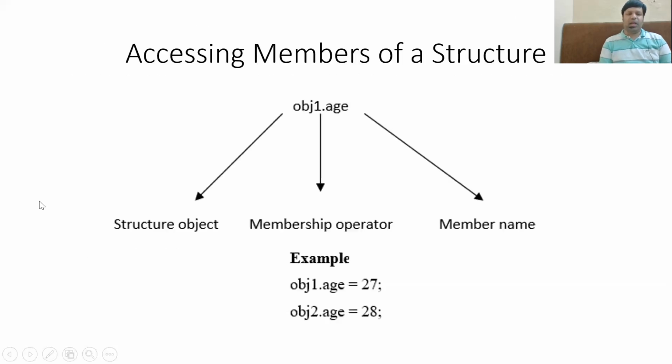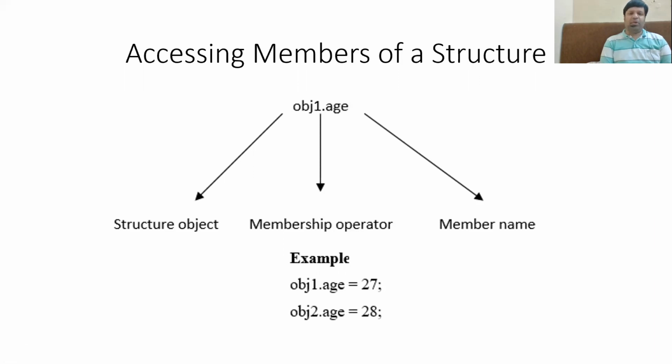Next, we will see how we can access an individual member or data element of a structure object. Now, S1, as in the previous example, is an object of the structure student, and S1 itself consists of 4 data elements. Now we need a mechanism using which we can access the individual elements of the structure object S1. For that, we use the membership operator.